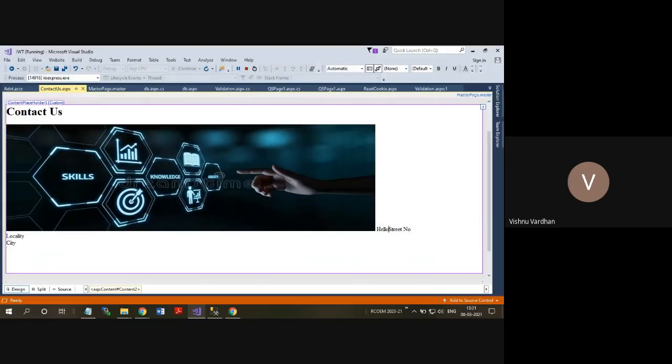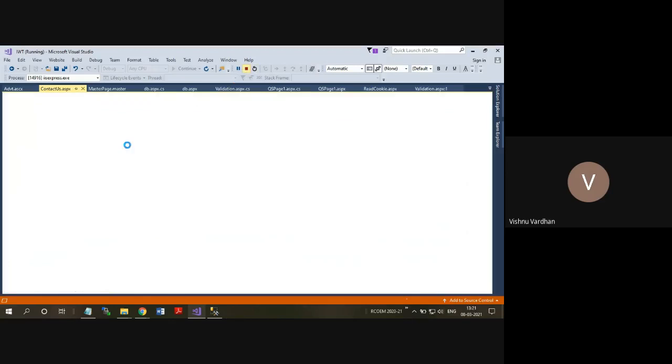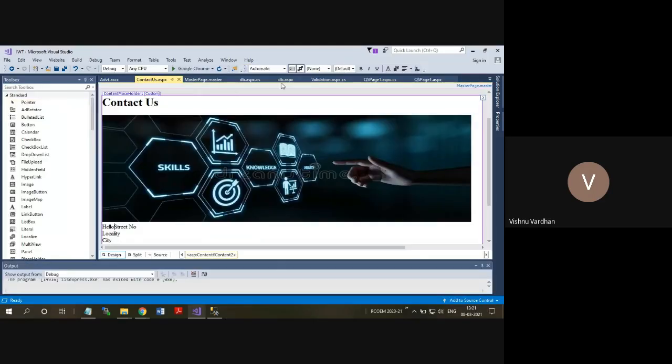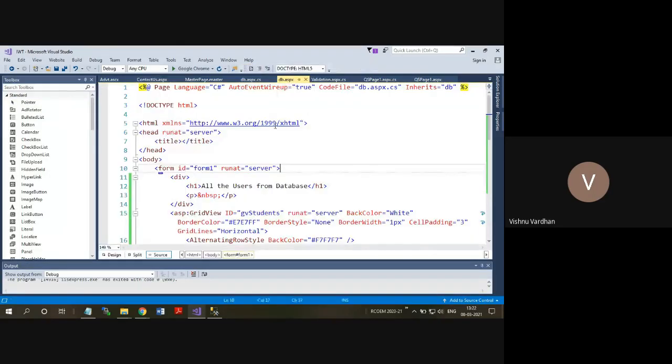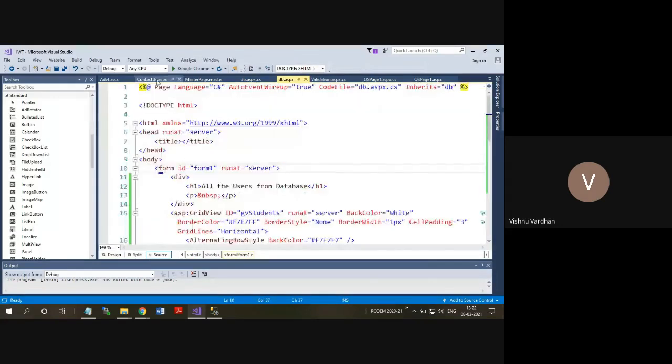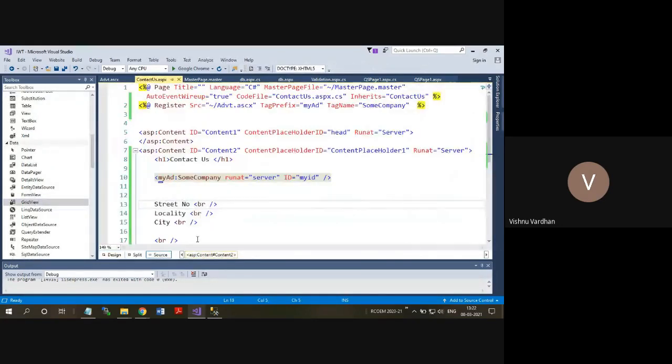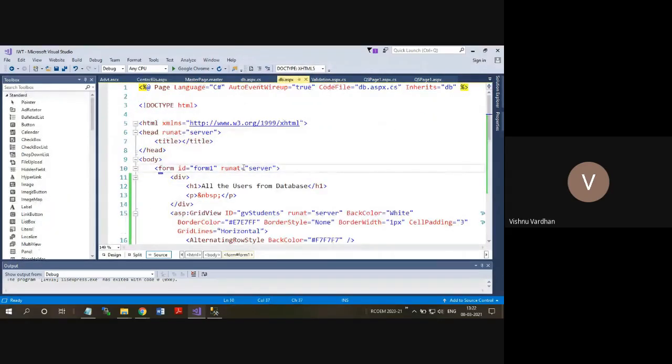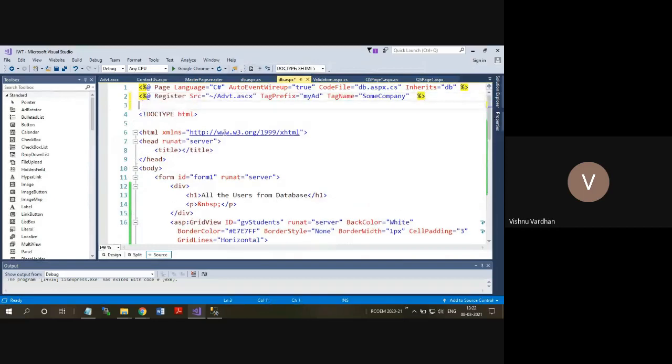So that means suppose I have the requirement of this ad in the contact us page, and accordingly I have this requirement in the DB page also. So the same thing we have to do. For the time being, I'm copying this and putting it this way.